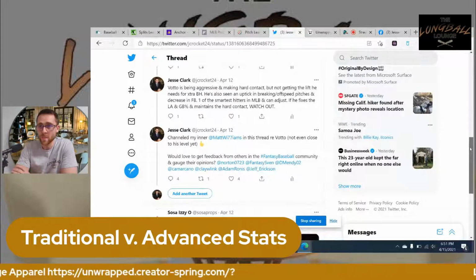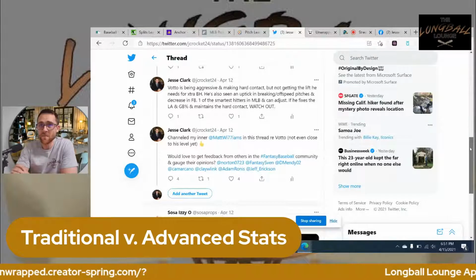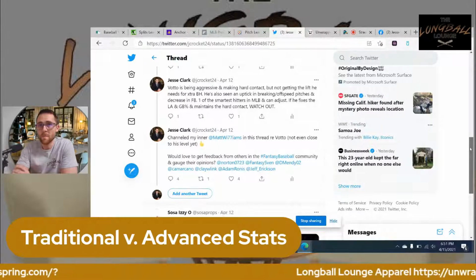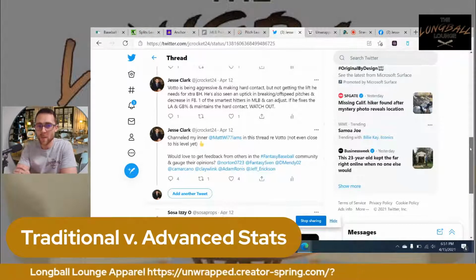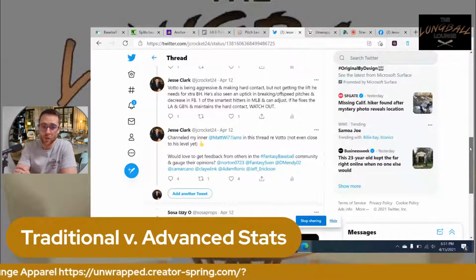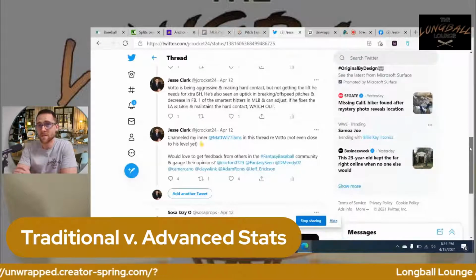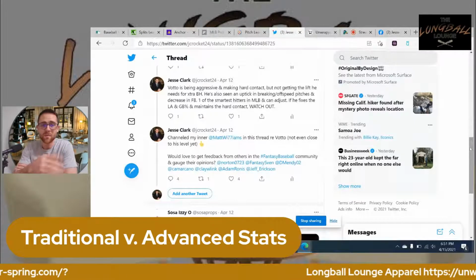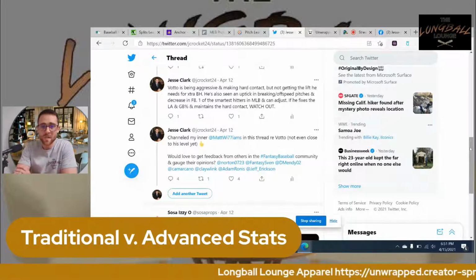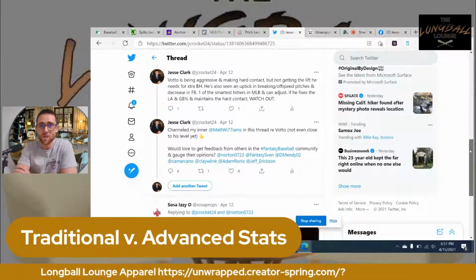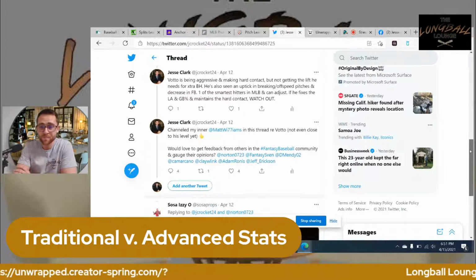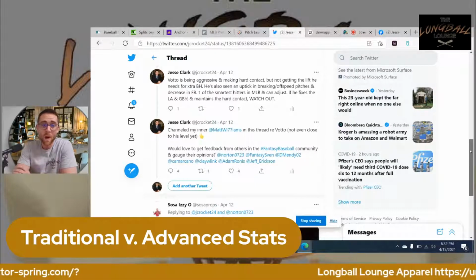And when you're being aggressive and you're sacrificing that walk percentage for making hard contact, you're going to be forced into swinging at more breaking and off-speed pitches, which could hurt your average and topped percentage, and all that stuff kind of could play into each other. But I said if he fixes the launch angle and the ground ball percentage, which he has done in his previous years as a big league hitter, watch out.